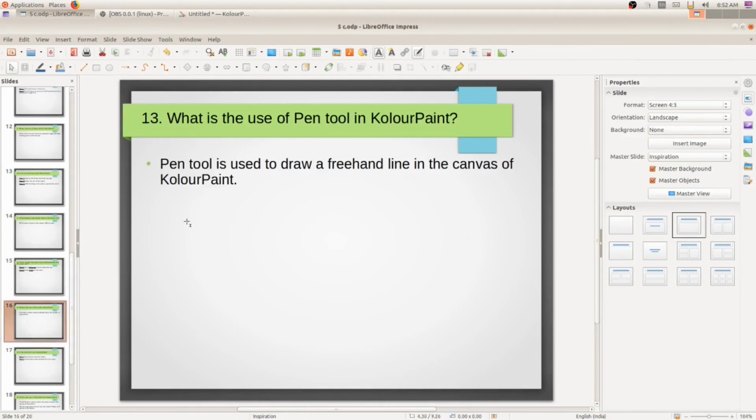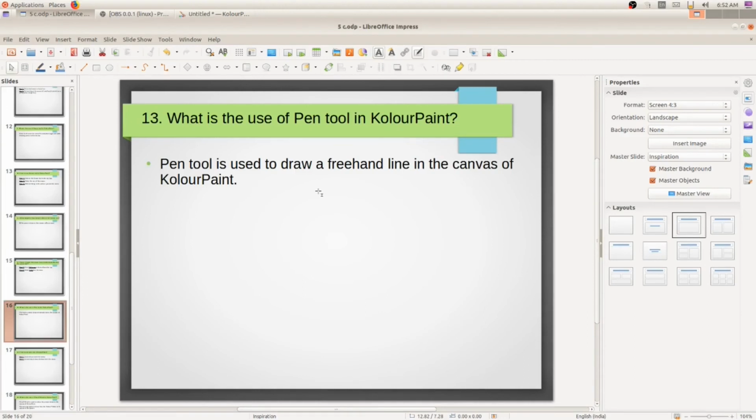Okay, next question. What is the use of pen tool in color paint? Yes, pen tool is used to draw a freehand line. Very important, used to draw a freehand line in the canvas of color paint. So what is the use of line tool which we have studied earlier? Yes, it is used to draw a straight line.